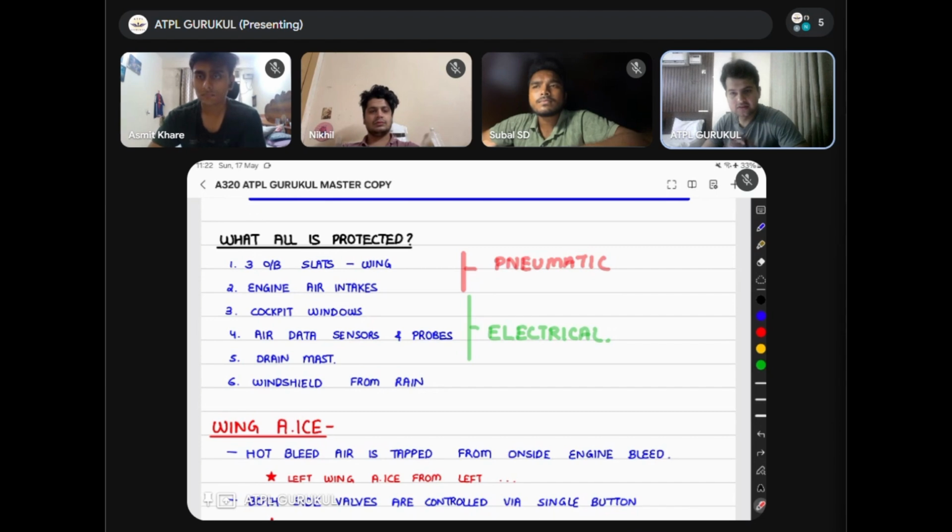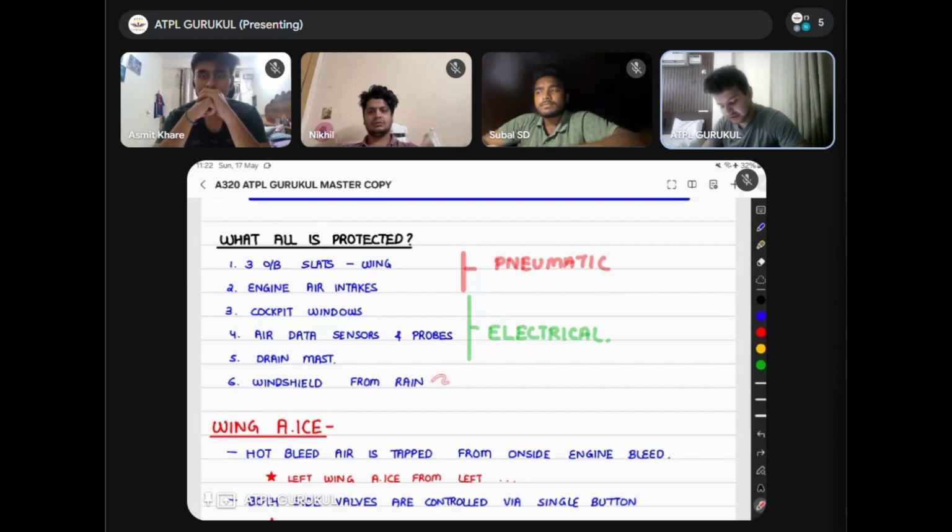Okay, there is in that drain mast there are two drains. There is a fuel drain and then there is a water drain. वाटर ड्रेन is basically जो सिंक से आता है, जो आप हैंड वॉश करते हो उससे जो पानी निकलता है वो बाहर फेंक दिया जाता है. बट जो चीज़ें आप फ्लश कर देते हो that is collected in a waste tank. ओके,